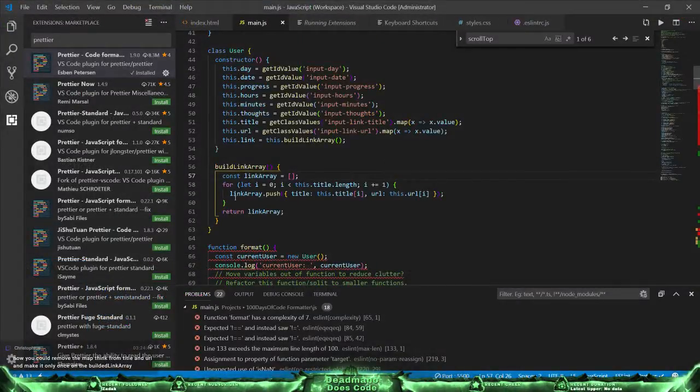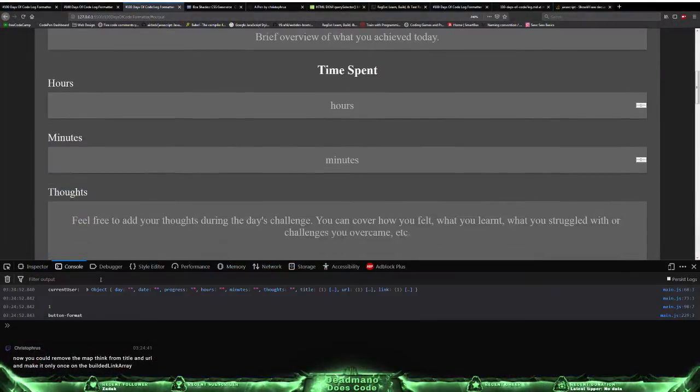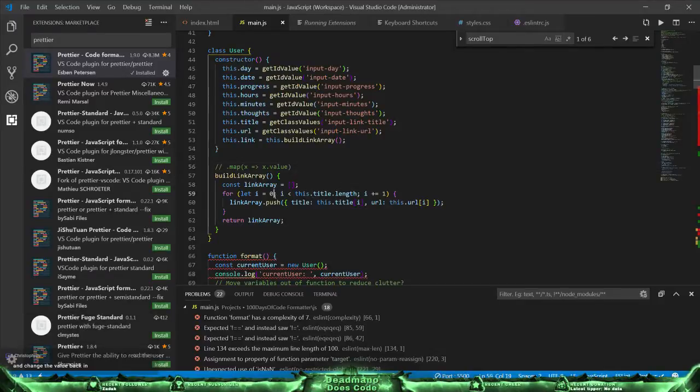Wait, now that we know that it's working, now you could remove the map thing from title and URL. Right. Now that we know it's working. Let's just see what we get now, as I'm a curious Benjamin. So we got, yeah, okay. So now that that works, for every single item,